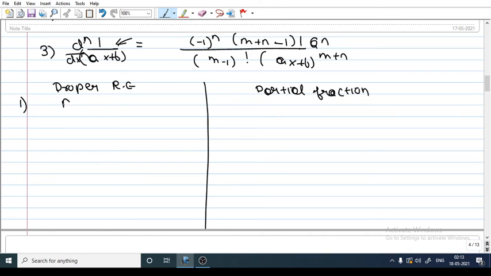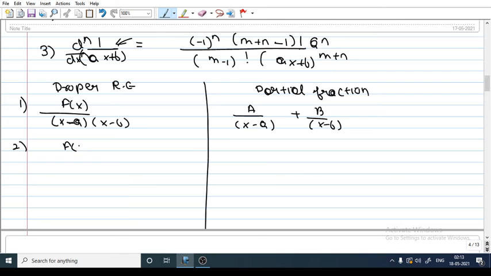Suppose you have some f of x upon (x minus a)(x minus b). You have studied this in integration. How do you express it in partial fractions? Second type which you must have seen: f of x upon (x minus a) the whole square into (x minus b)